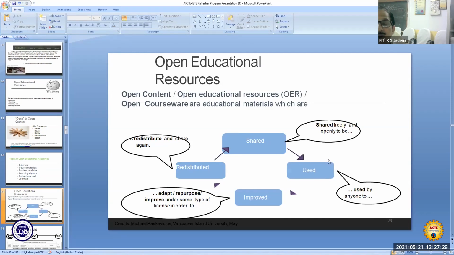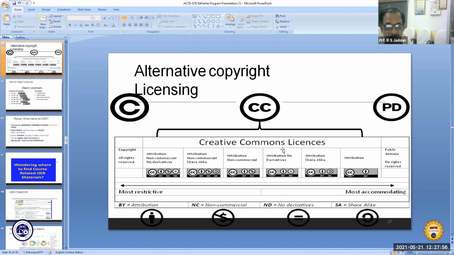Anyone can use it, and it can be improved also. Adapt, repurpose, improve under some type of license in order to redistribute it in the improved form and share it again. So you can develop the content very, very easily using this OER.